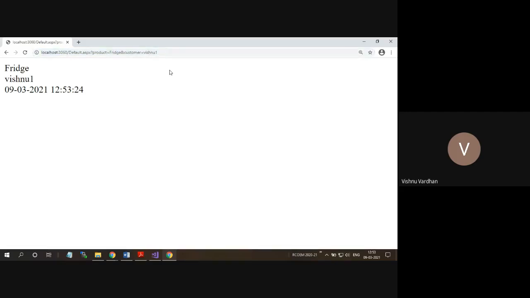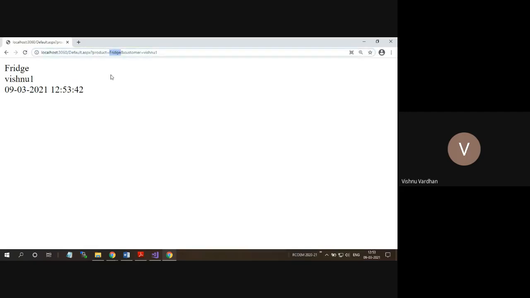Okay. So now, even if you are refreshing, the things are not getting changed because for the fridge, it is actually compiled and put a cache object in the memory. So that's why it is giving me the same response with the latest timeout. Okay.